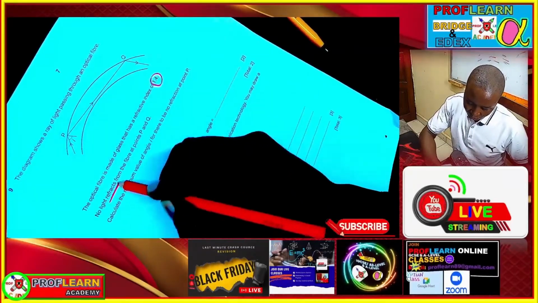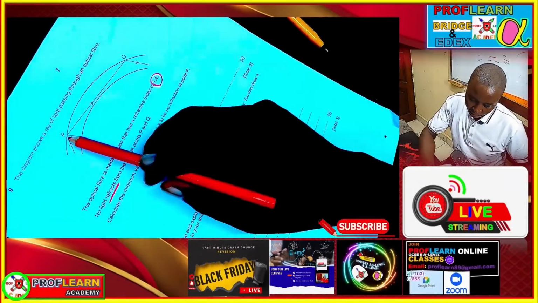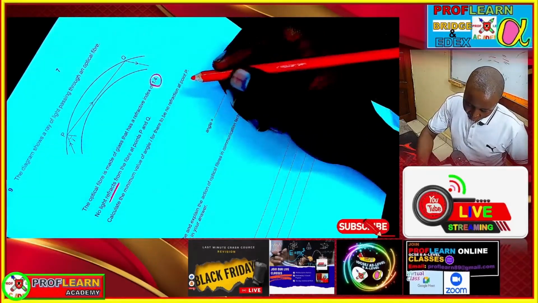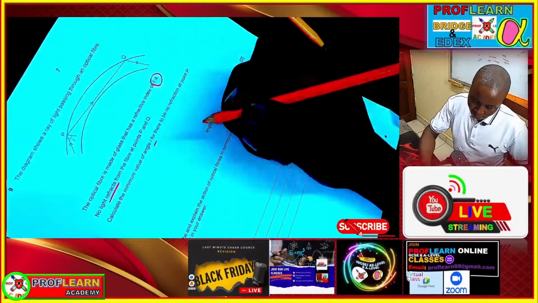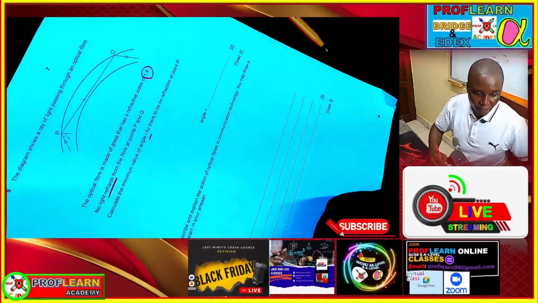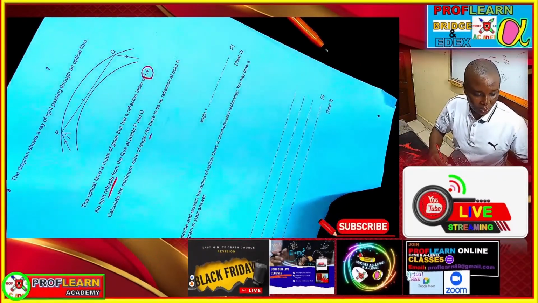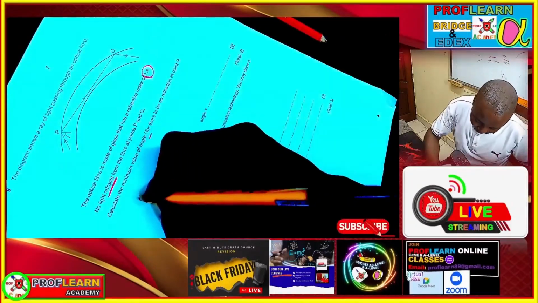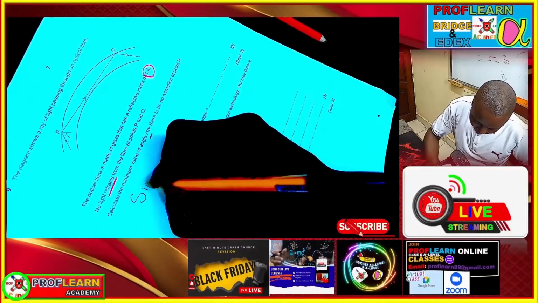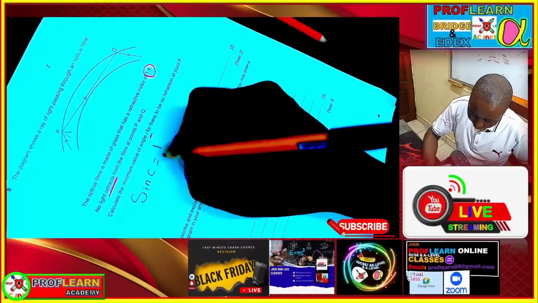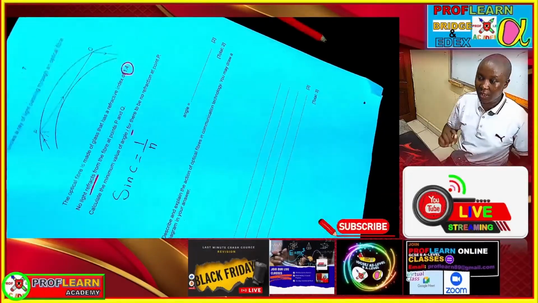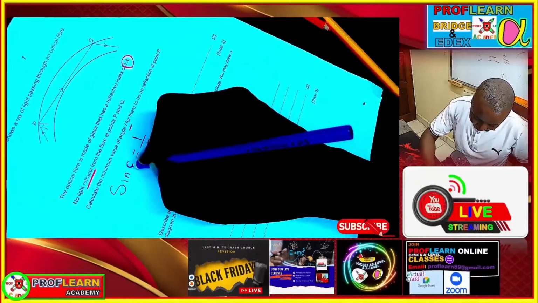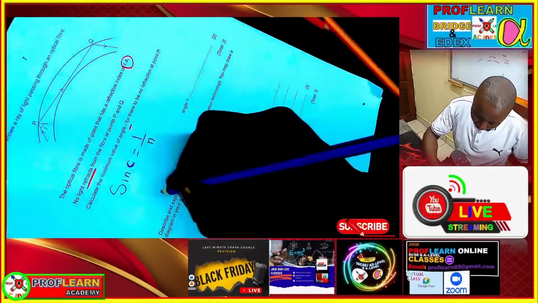No light refracts, meaning total internal reflection takes place at point P and point Q. So we are supposed to calculate the minimum value of I. Yeah, so minimum value of I, what is this going to be equivalent to? Something that you need to remember is that sine of the critical angle is equal to 1 over the refractive index. This is the relationship that you really must have remembered in order to earn this mark. Yeah, so meaning for us to find